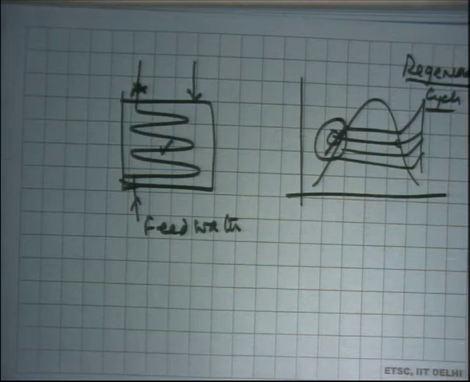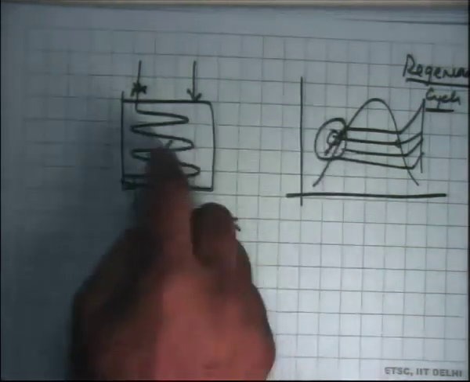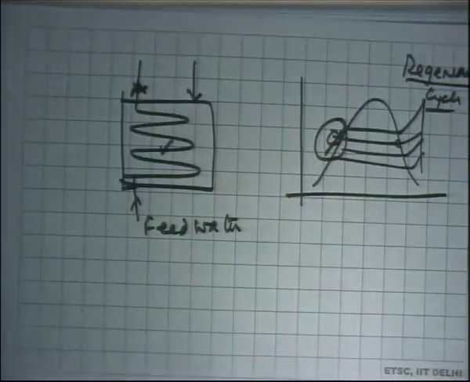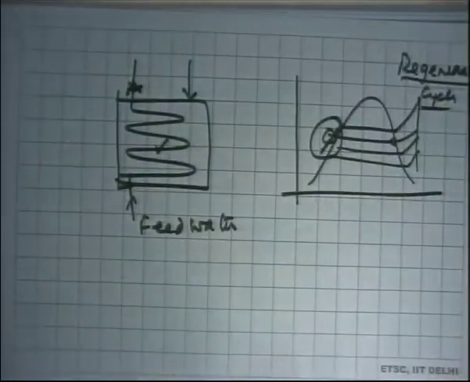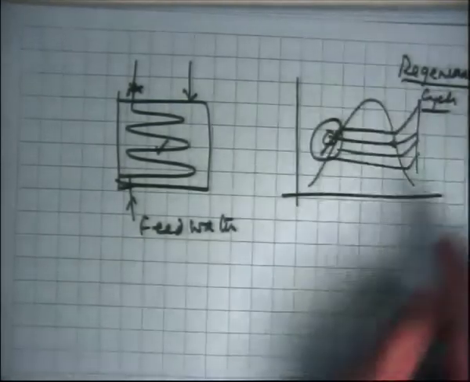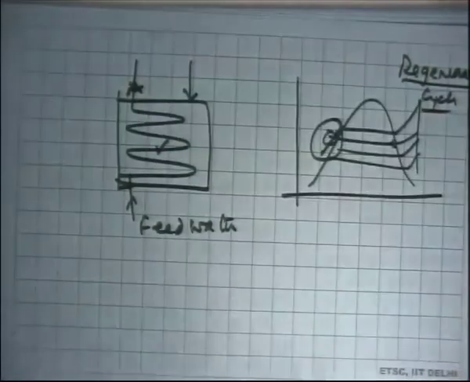Carnot cycle has the highest possible efficiency. Why does Carnot cycle have the highest possible efficiency? Because its heat addition happens at one constant temperature, which is the maximum in the cycle. So if I have to make this cycle efficiency equal to the Carnot cycle efficiency, then I should add all the heat in the boiler at the highest temperature of the cycle, which is not possible in this particular case because superheating has to happen with change of temperature.